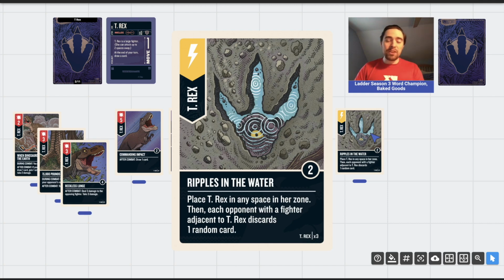It's a scheme. Boost value 2, 3 copies. It says place T-Rex in any space in her zone. Then each opponent with a fighter adjacent to T-Rex discards 1 random card. There's a lot to unpack with this card, and I like most of it. It's a mobility scheme, which is nice. It kind of reminds me of Pure Evil from Dr. Jekyll and Mr. Hyde, but it's much better than that card because placing T-Rex in her zone is a little